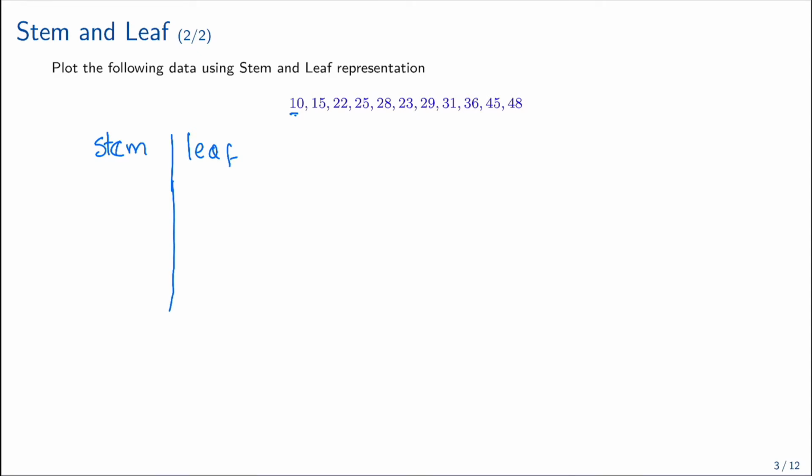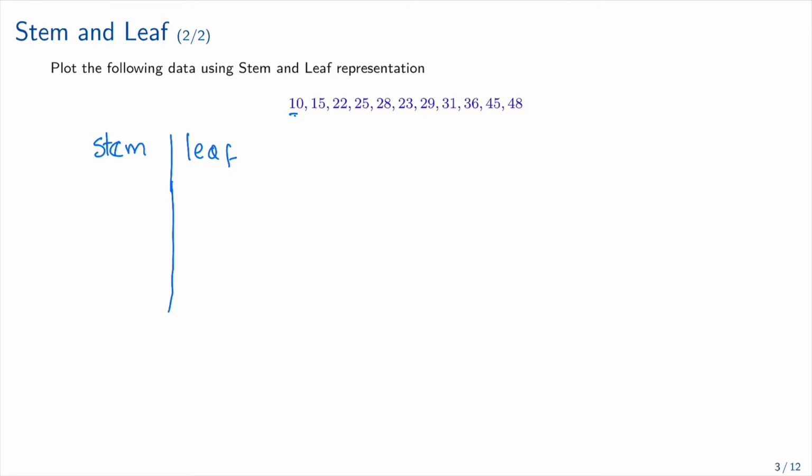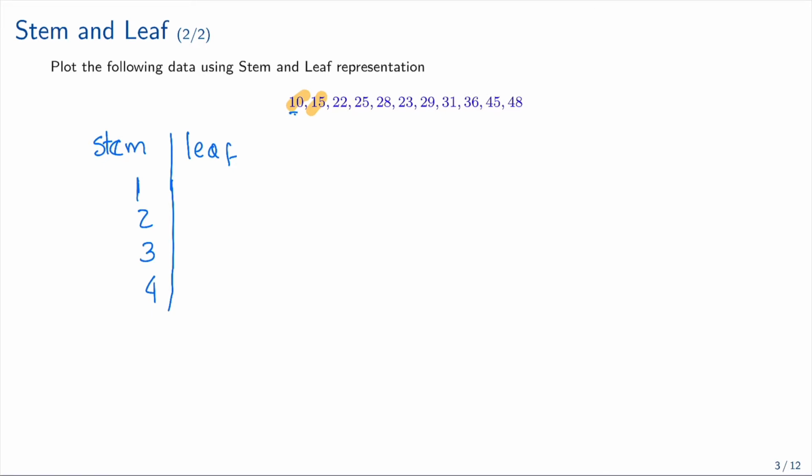So the stem will be, our range is in between 10s to 40s. So we are going to have the stem be 1, 2, 3, and 4. Now we start to classify the ones that are in the ones. So the ones that are in the 10s, that's it. We have 0, 0, and 5. The ones that are in the 20s are, let me change color,